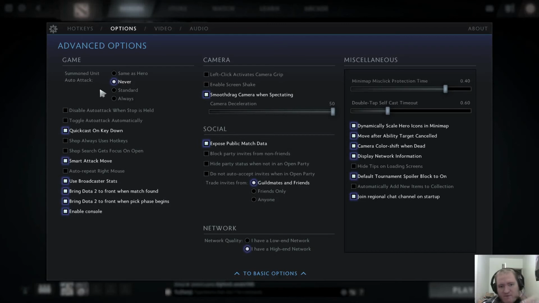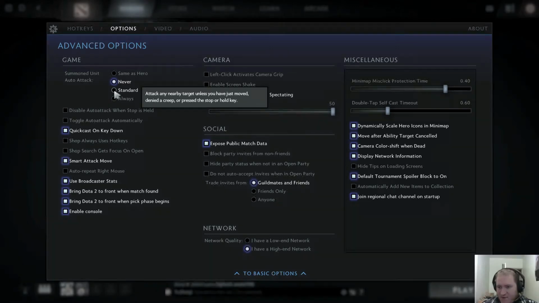Now, you've got another auto attack here, and this one's for summoned units. This will depend on which heroes you like to play, but for new players, I find it's usually better to have this on standard, which means your unit will just keep attacking things near it, or it'll attack things after it's killed its original